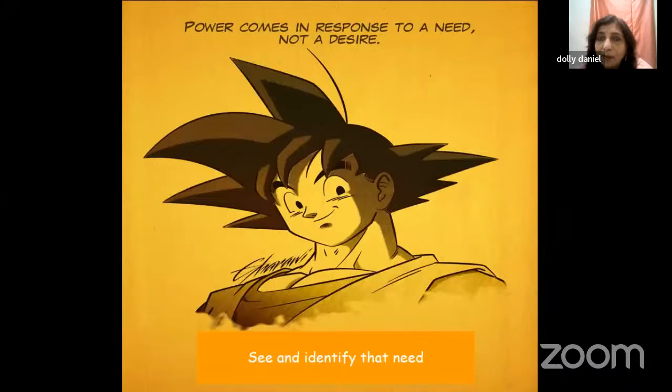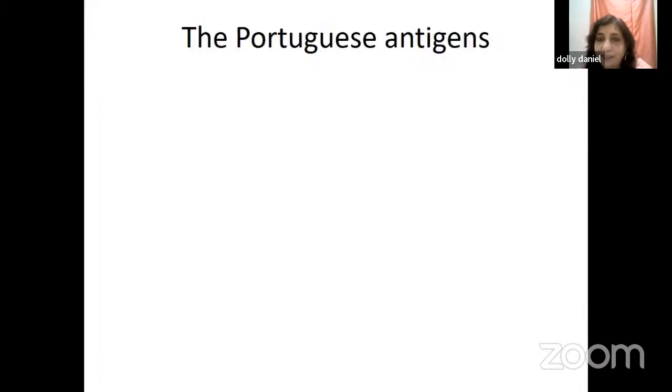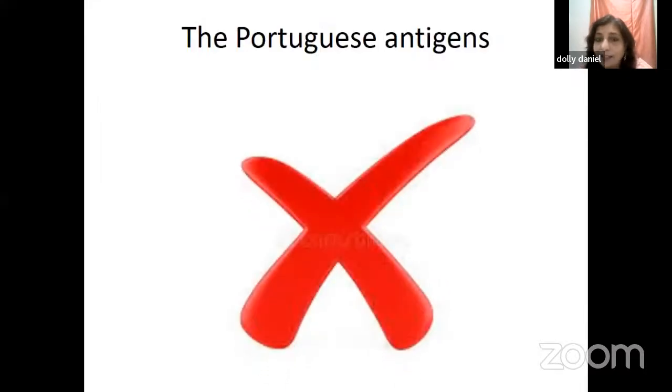I think power to set up these come from need and not desire. And very often it's important to identify that need. For us, the need came in the late 1980s when one of our bone marrow transplant patients, who was supposed to be an identical HLA match, just rejected his graft and subsequently died of acute GVHD within the first few